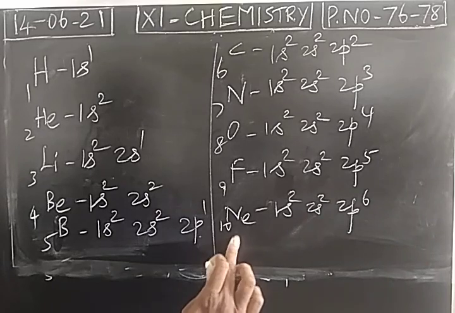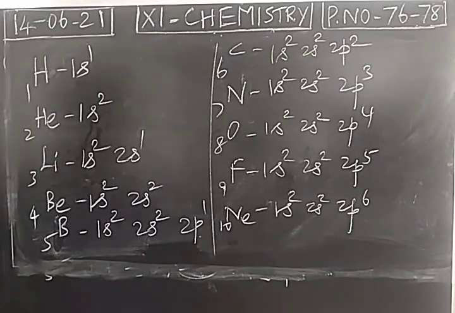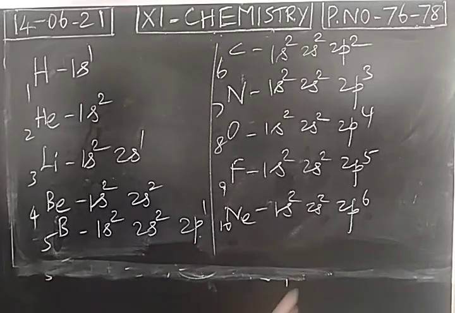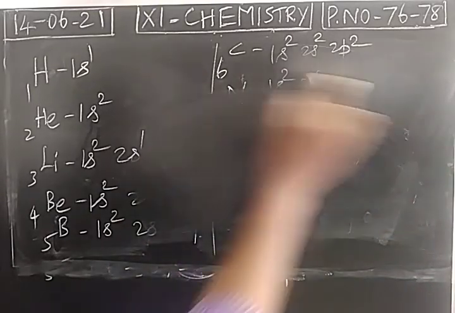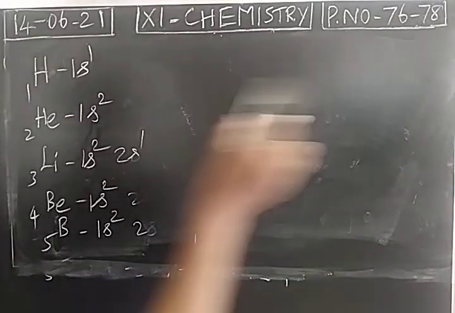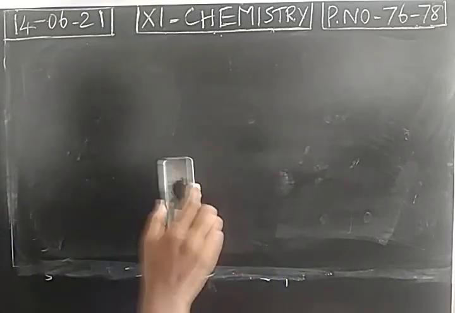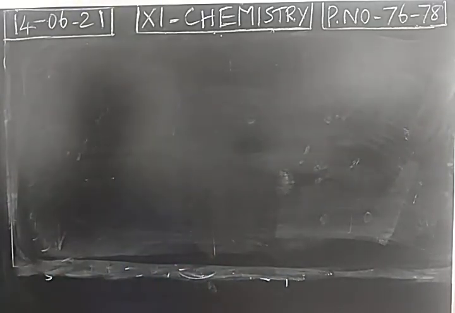When you add the electrons, it will be equal to the atomic number. 2 plus 2, 4, plus 6, 10. 10 electrons placed according to Aufbau principle. Okay. So this is the way of writing electronic configuration in the higher secondary. Now you know how to write the electronic configuration of each element. Then we move into grouping of elements based on electronic configuration.